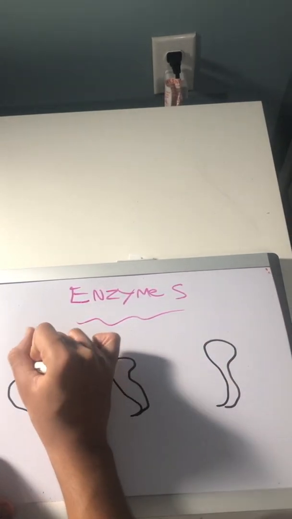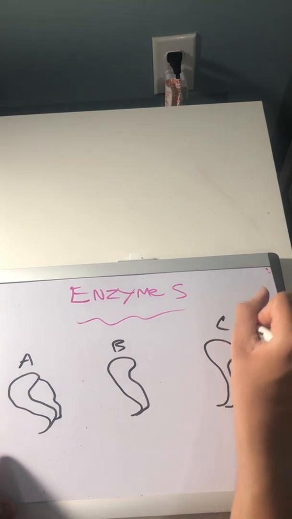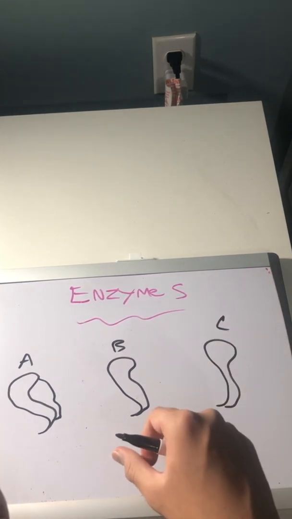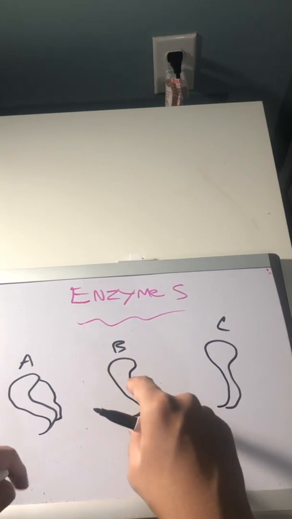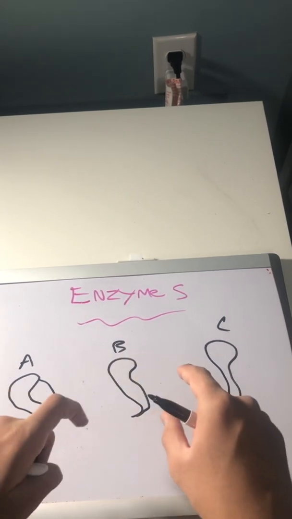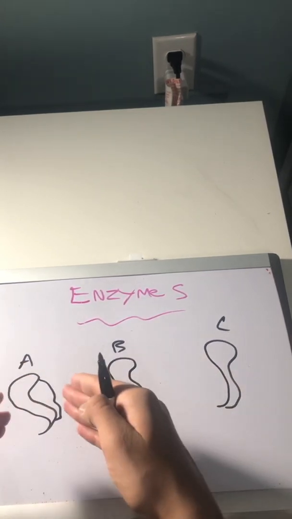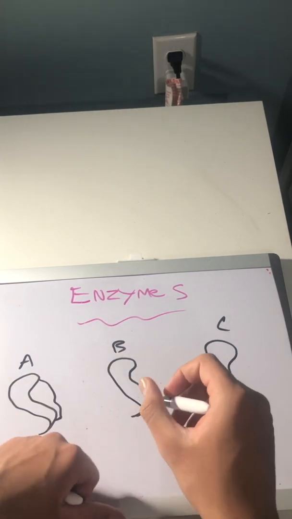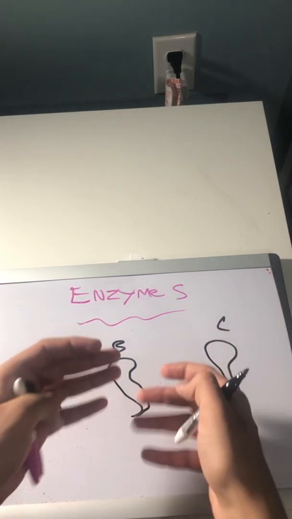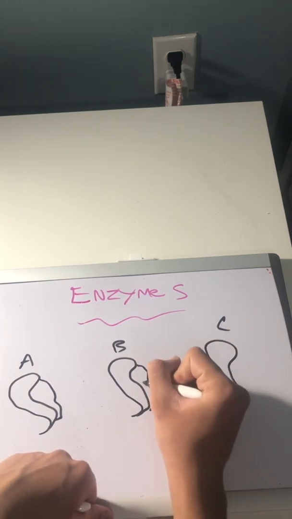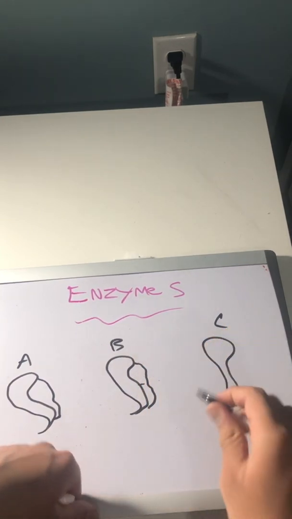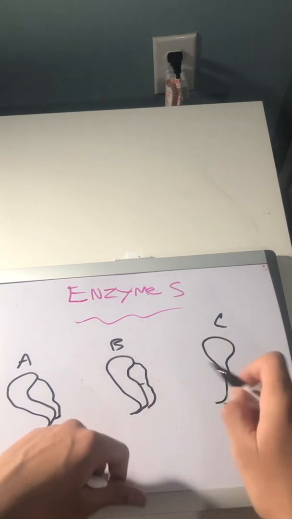Let's say intermediates B and C. So first, when enzyme A converts A to intermediate B, it converts the substrate from A to B. It helps with the process of making products. Slowly starts. And when B goes to C,